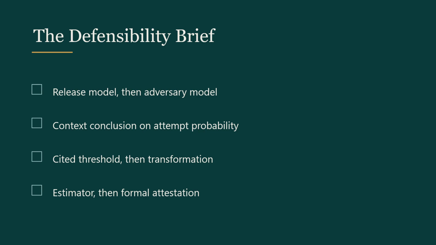Step 4. Select and cite the numeric threshold for the probability of success. If you are using cell size 11, cite the Centers for Medicare and Medicaid Services suppression policy and the California guidelines, and note that 0 is publishable while 1 through 10 are masked. If you are using 0.09 or 0.05, cite policy 0070 or the Canadian Discharge Abstract Database work. Grade the provenance in the report itself.